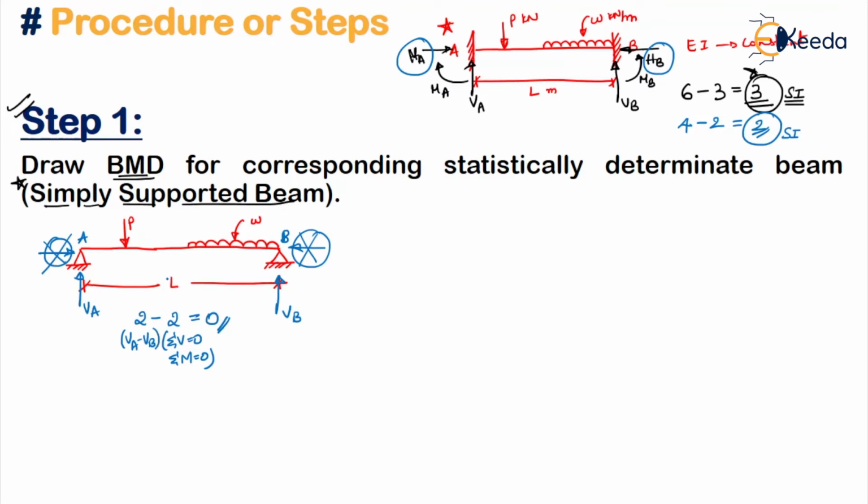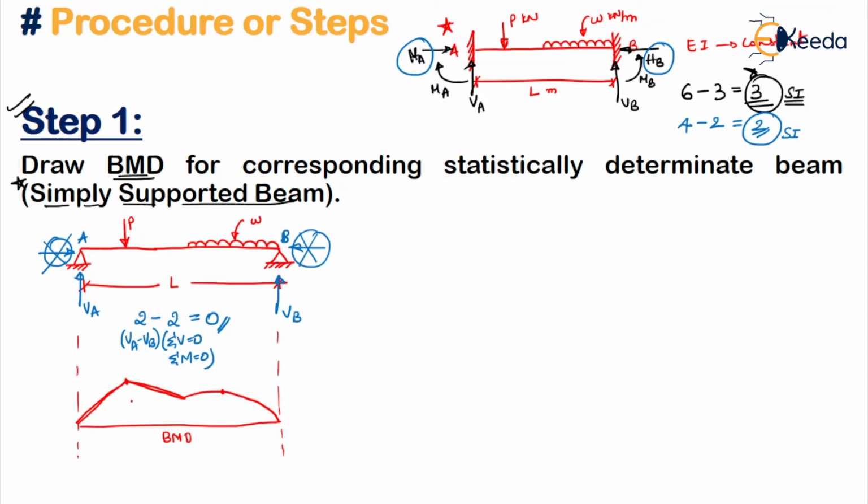Now for this, you have to get the bending moment diagram. That is what the first step is saying. So how will the bending moment diagram look for this particular beam? We'll just randomly draw it. You don't have to calculate, right? So this is the case. There is a point load here, so linear variation, and here it will be somewhat parabolic variation. So this is your linear variation, some value here, some value here. This is your BMD for this particular statically determinate beam.